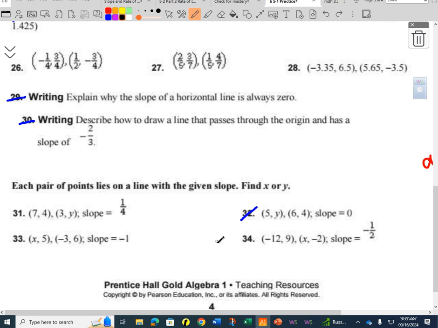Negative 2 for the x and positive 3 for the y. Well, I think your point's going to actually work out right, Diane, but it might not always. Let's think about this as the slope is rise over run. This tells how far to go up or down. This tells how far to go left or right from any other point, right? So if this is our point,